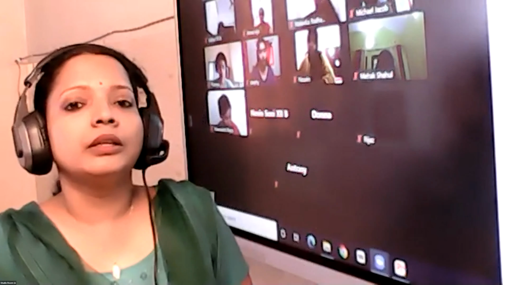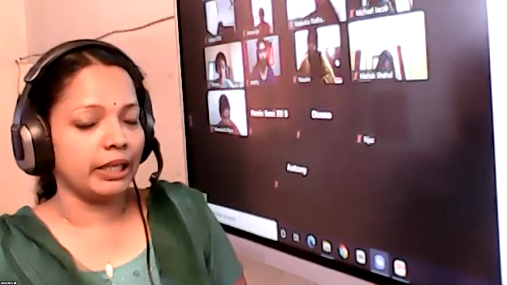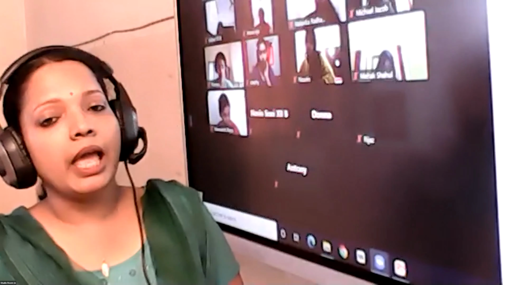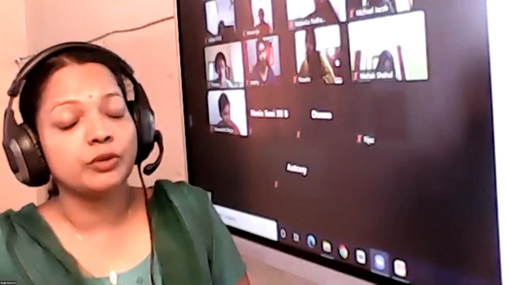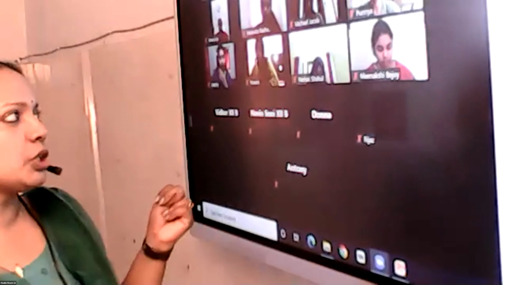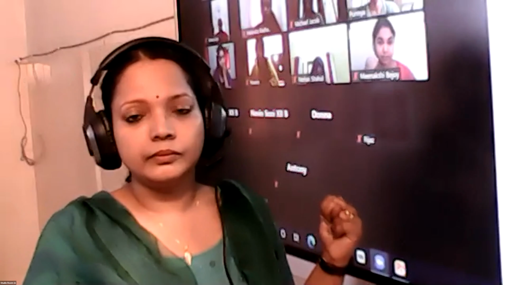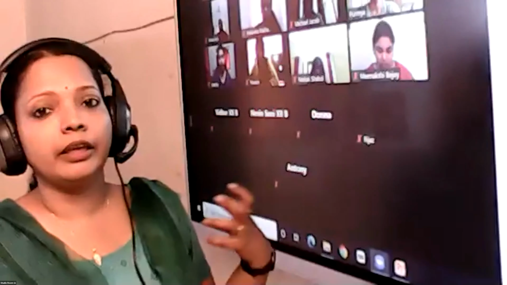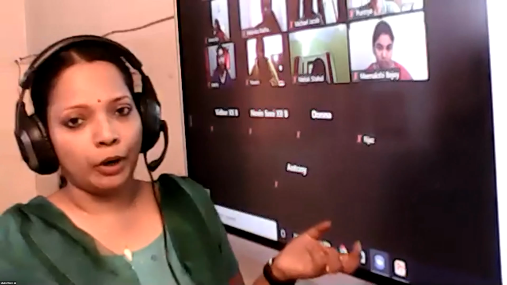Then we learned about the adaptations shown by different flowers in order to suit their pollinating agent. Give me the adaptations shown by anemophilous flowers or wind pollinated flowers. Punya, give me any two adaptations. They produce a large amount of pollen grains. One more. The stigma is large and feathery in some. What for are they feathery? For trapping the pollen grains.